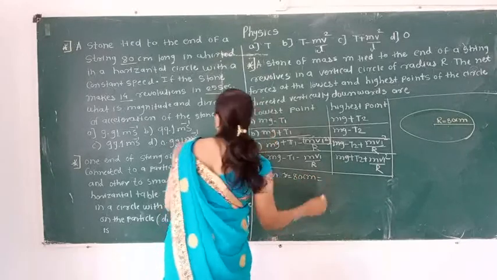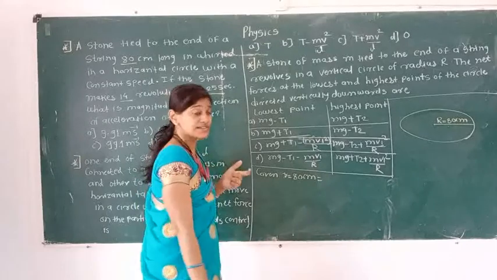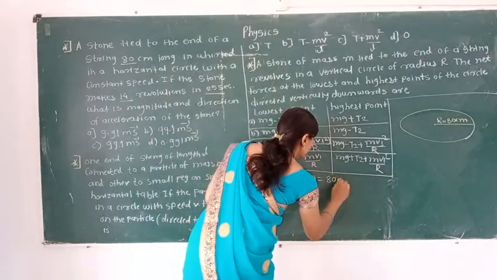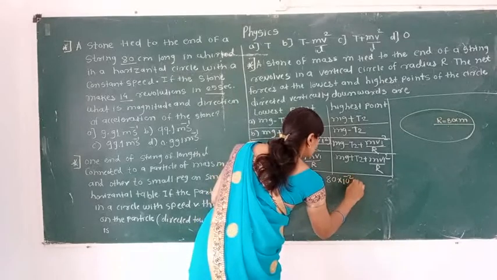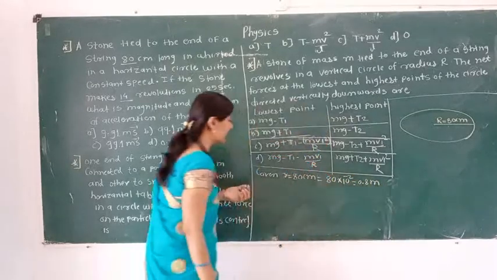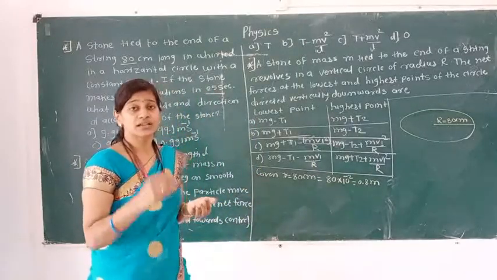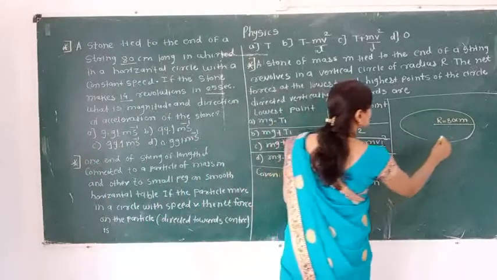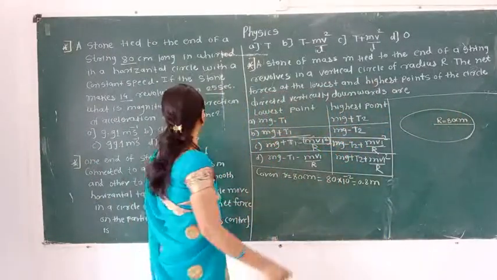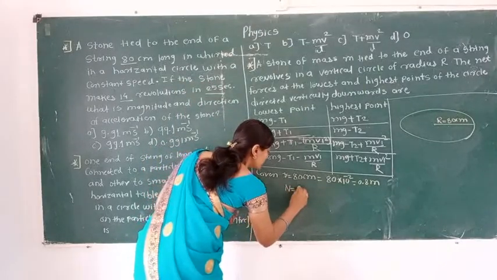Here we have to convert it into meter, as all are SI units. So 80 is multiplied by 10 raised to -2, and we get 0.8 meter. This is the length of the string, otherwise the radius of the circle in which the stone is going to take a revolution. Next is N. Capital N is the number of revolutions.